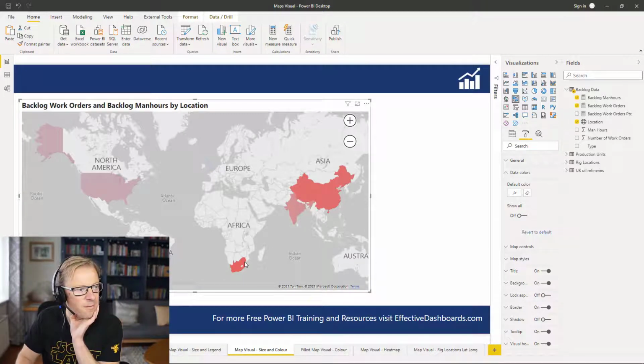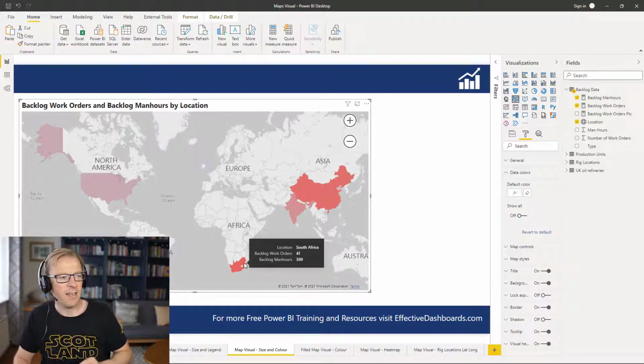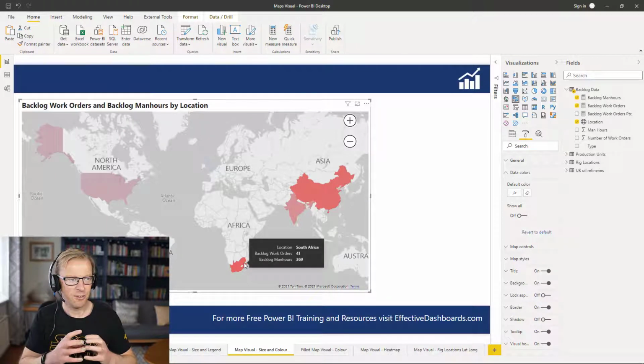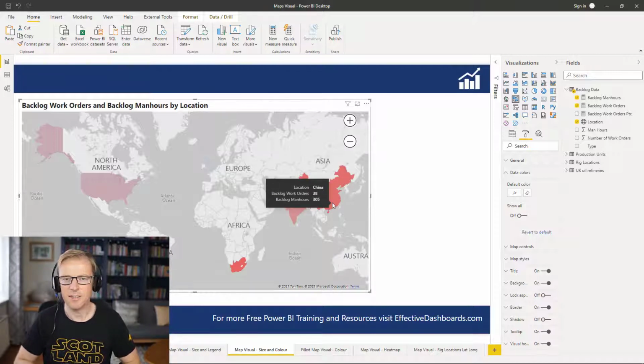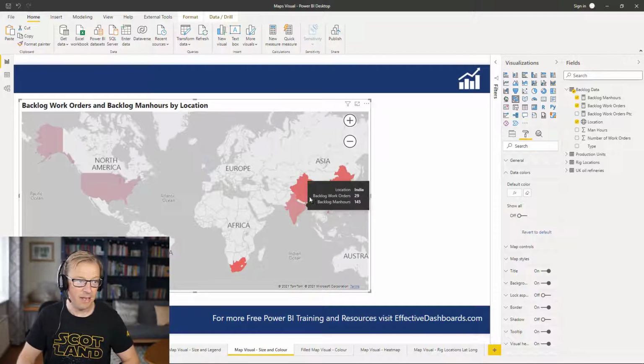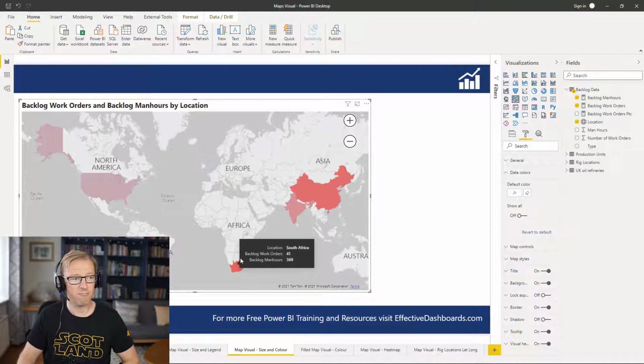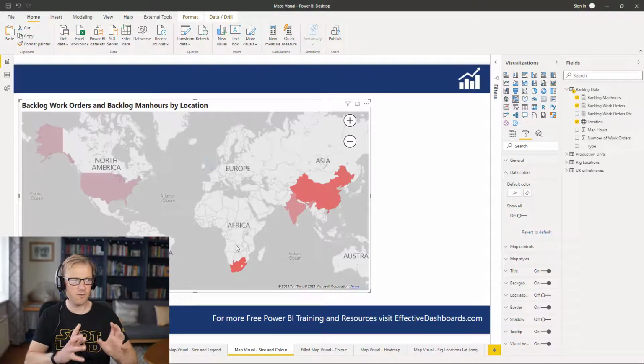But yeah, the issue we've got is if you've got two areas that are roughly the same colour, your eye is automatically drawn to the larger area, in China in this case, and thinking that's more significant than South Africa. And it might even be more significant if it's a smaller country. I mean, I've just chosen South Africa there, which is small, but there's definitely smaller countries. So that's something you've got to be careful about if you're using this filled